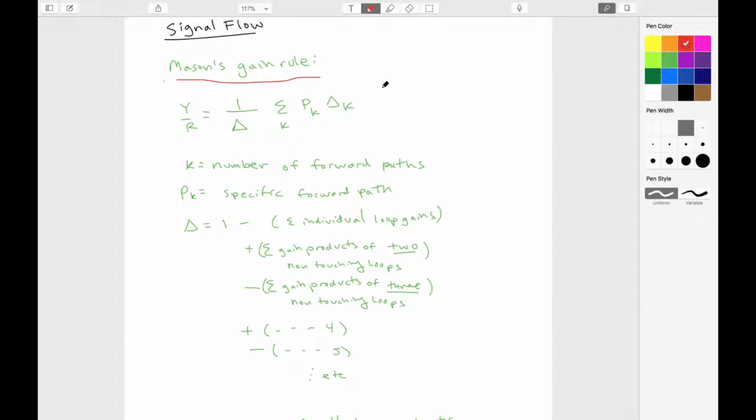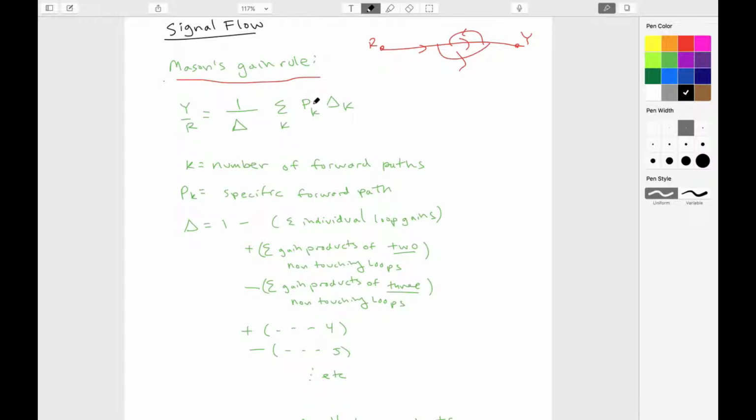So let's say, for example, I have some signal flow graph and it has an input r and an output y, and I don't actually care what's going on in between. It could have loops, it could have forward paths, etc. All right, so I might have some signal flow graph, but the relationship between y and r is 1 over